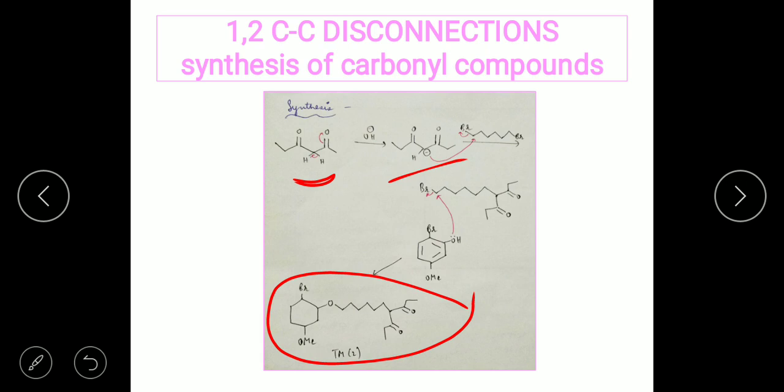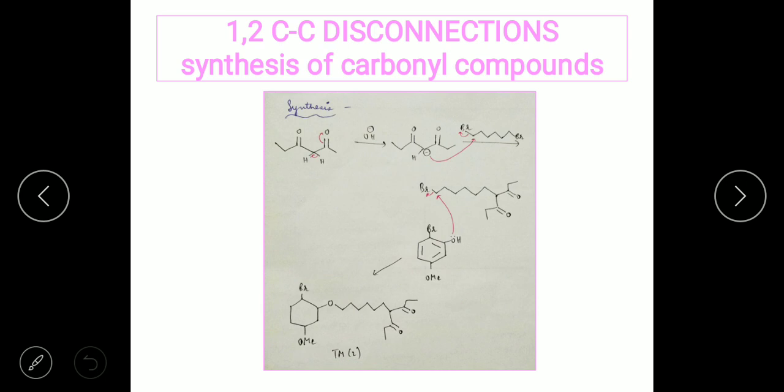So after this, there is going to be the intermediate step. Now the last step would be the reaction of an alcohol with the bromide. That's the last step, because since the target molecule has an ether, the lone pair on the oxygen is going to attack the terminal carbon, which is linked to the bromide, and then there's a departure of the bromide ion, and it is going to give rise to the target molecule 2. So this is how you can write down the synthesis.